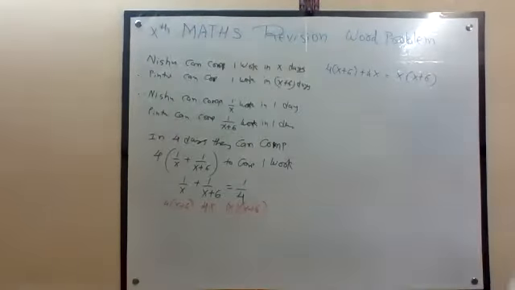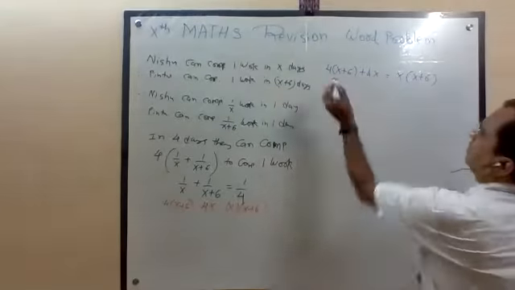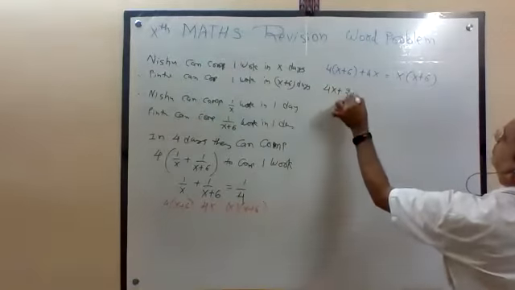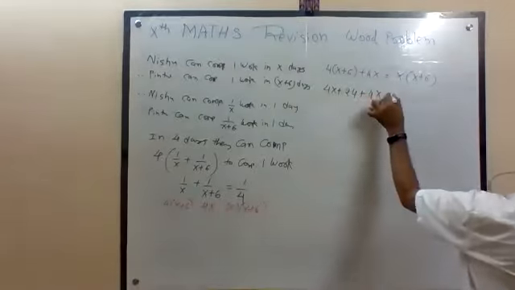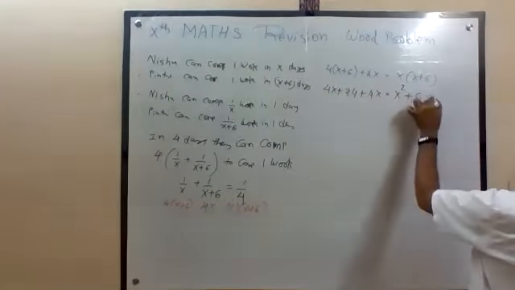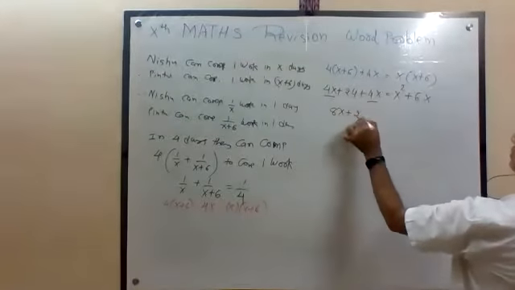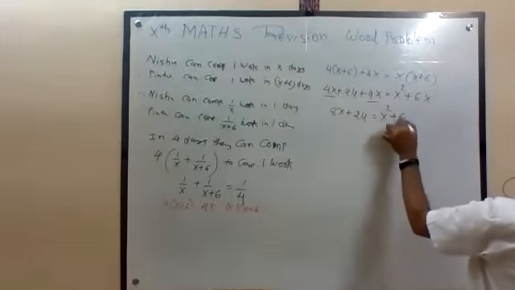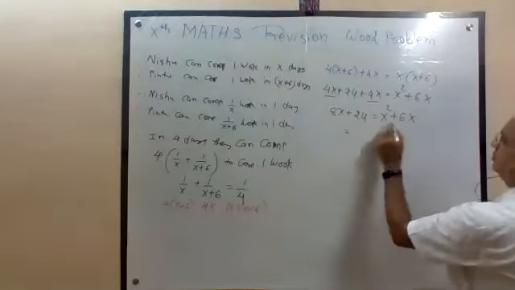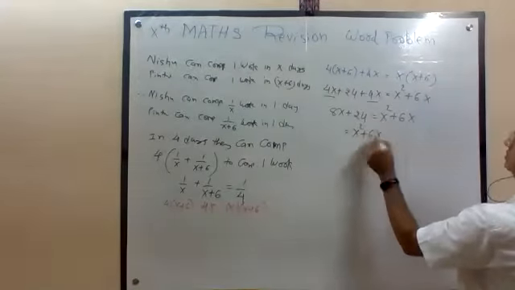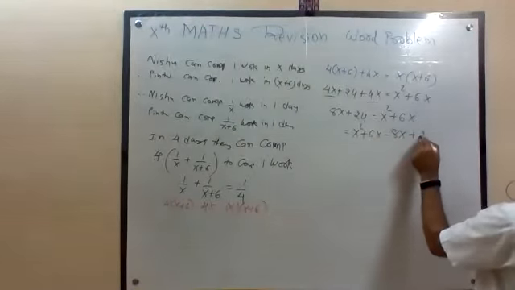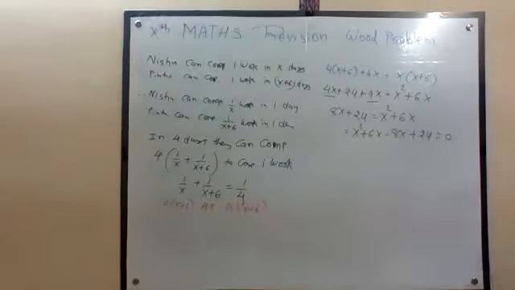Now, as an experiment, I am using all the colors so that it is clear. This is 4x. This is 24. 4x, x square plus 6x. 4x plus 4x, 8x plus 24, x square plus 6x. So x square plus 6x minus 8x minus 24 is equal to 0.